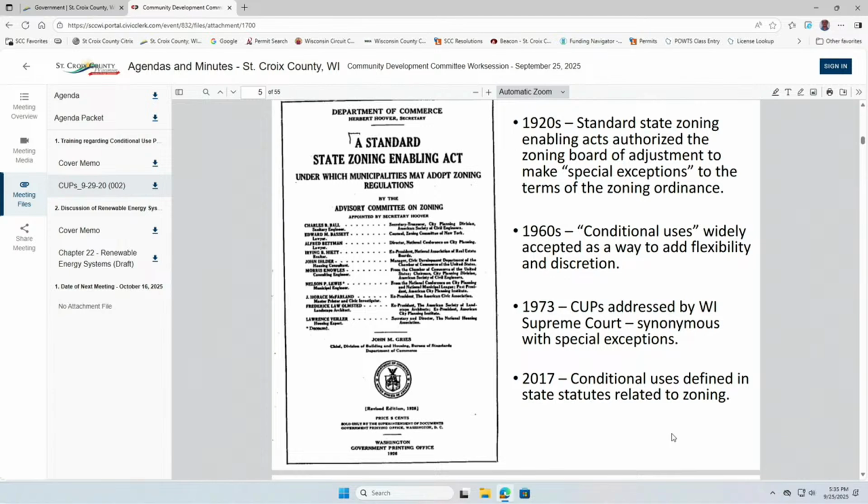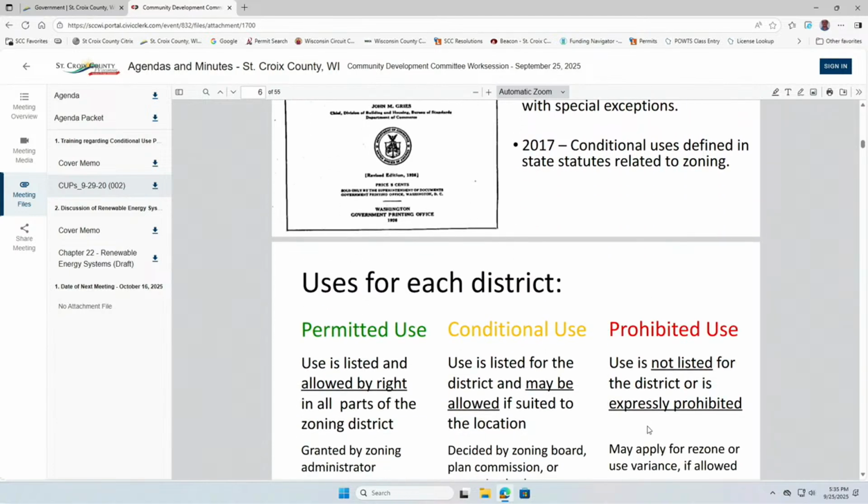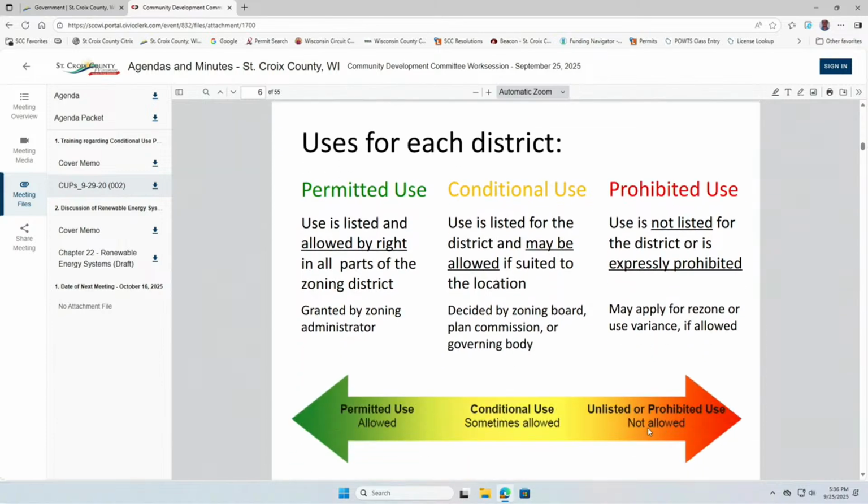2017 Act 67 says that if you have an ordinance that allows a use as a CUP in that zoning category, then at that point you have to grant that CUP, as long as the applicant is willing to agree to the criteria or conditions that the board might assign to that CUP. So that's kind of where we're at today. That's why it's important, when we're amending an ordinance, to make sure that we don't put conditional uses in a zoning district that are not appropriate to be within that district. I've kind of gone through the permitted, conditional, and prohibited uses here already.